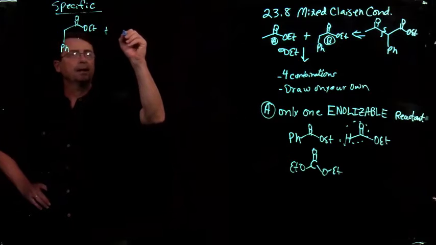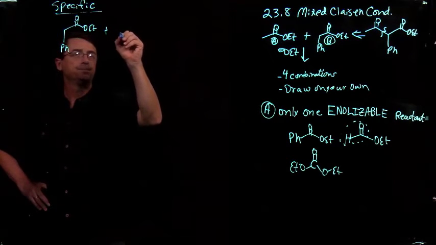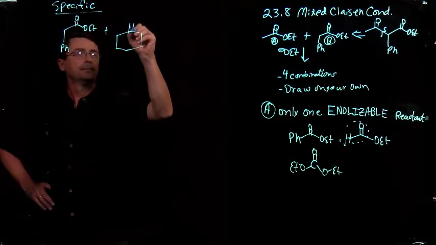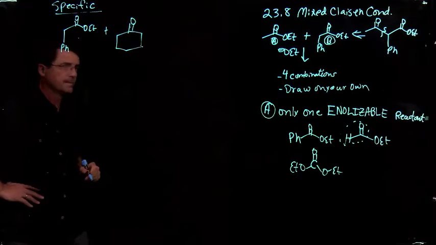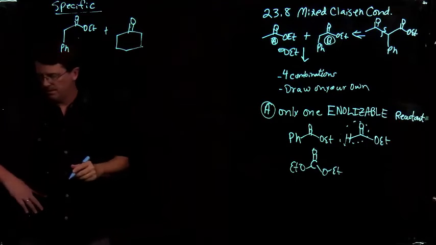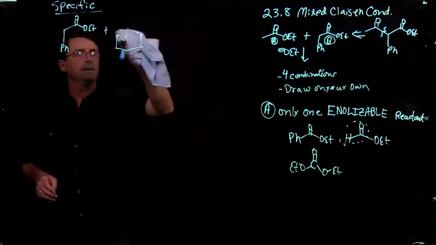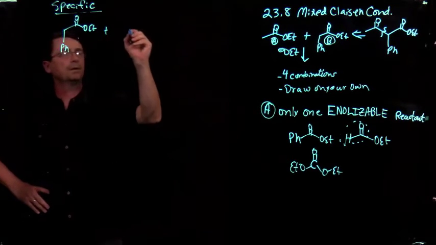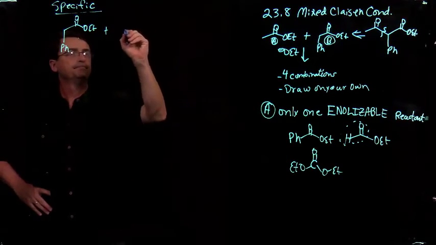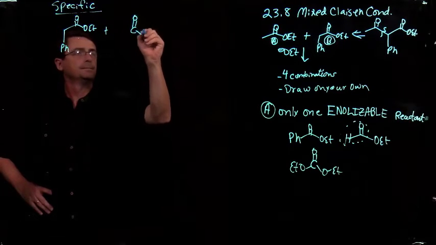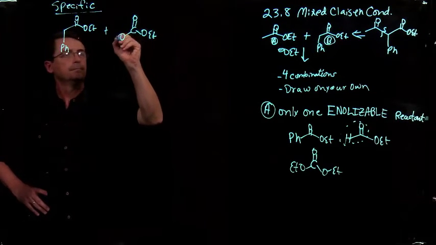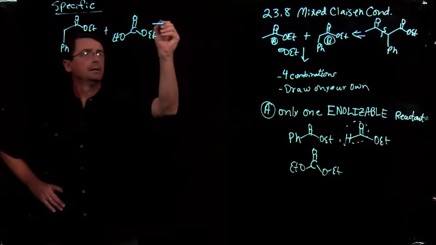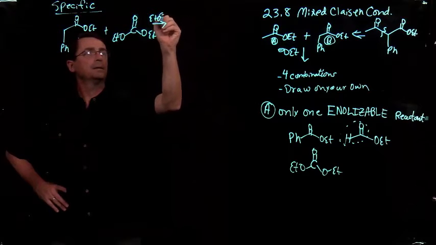If we react that with, well, let me not introduce that yet. I'll put that at the end. We can do these in a mixed manner. So with diethyl carbonate and ethoxide, you get